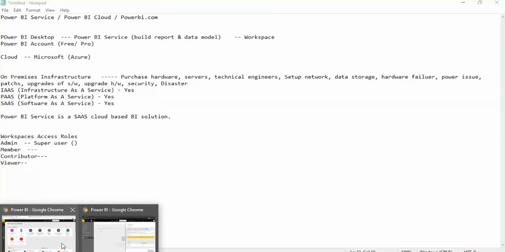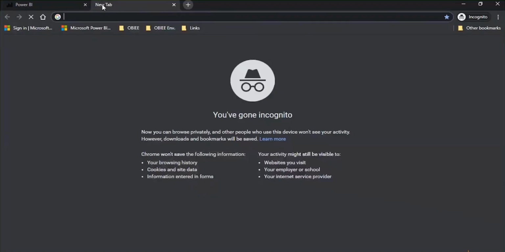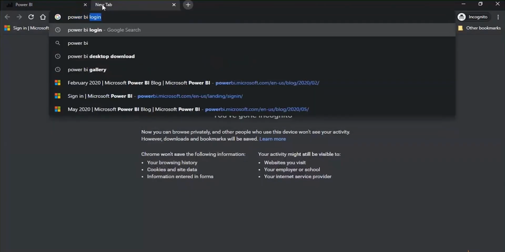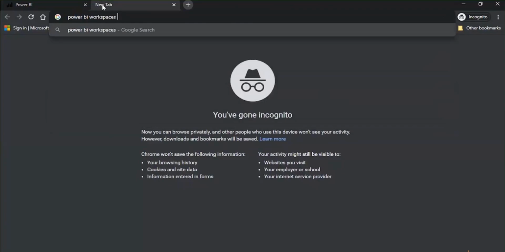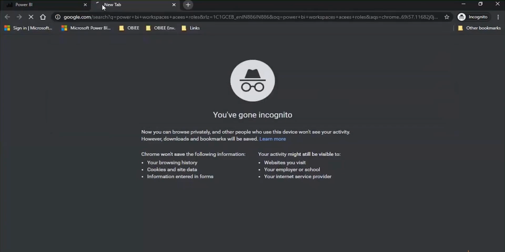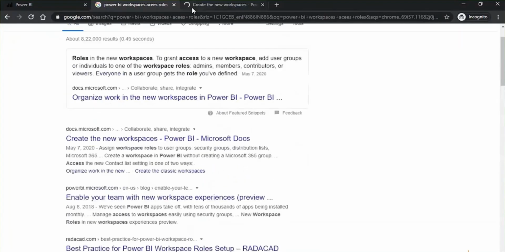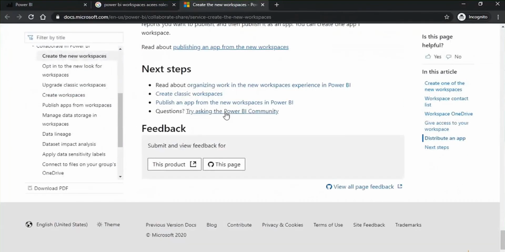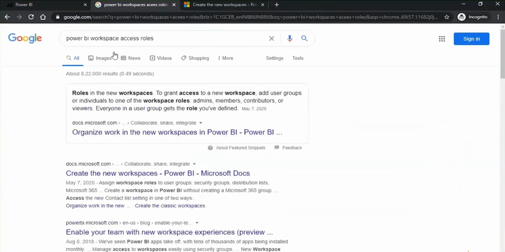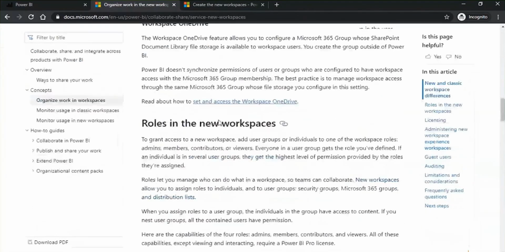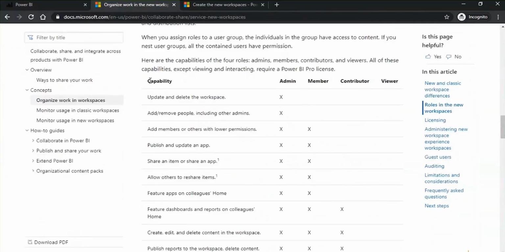Now to understand these roles in more detail, let me quickly show you the roles for a better understanding. Power BI workspace access roles. Here you can see, capability wise, these 4 roles: admin, member, contributor, and viewer.